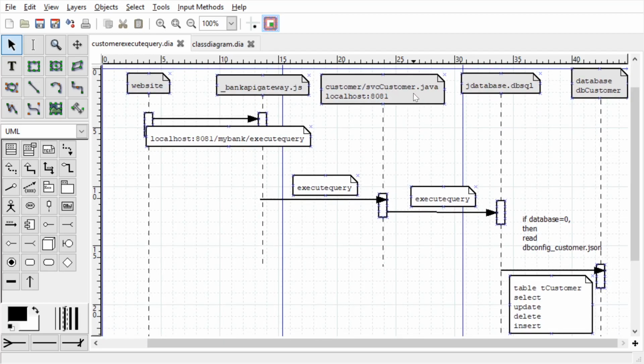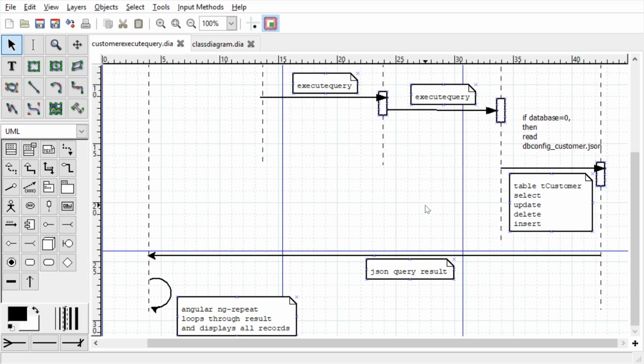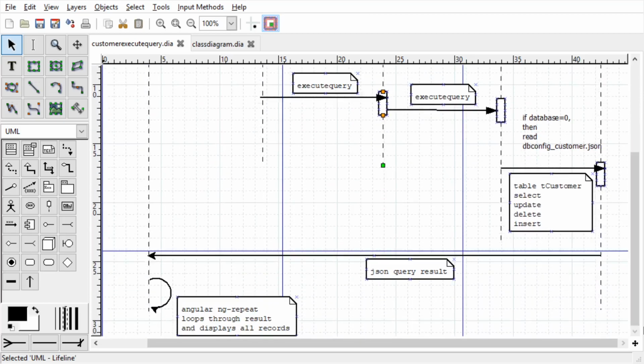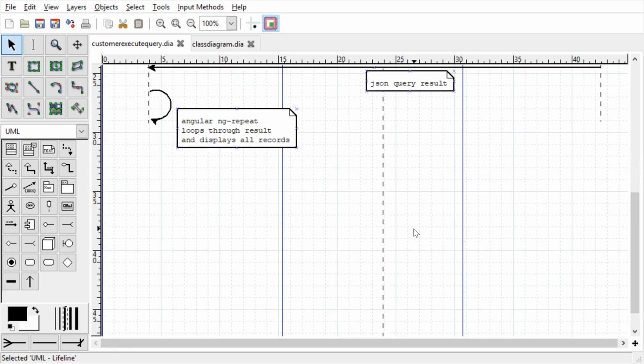Whenever anybody is calling, it is not only calling the execute query, but it is also calling the event. So if I wanted to modify that, where is it calling from? From this particular service, right? From the service I'm calling the event. So how do I extend this functionality? I can extend this.